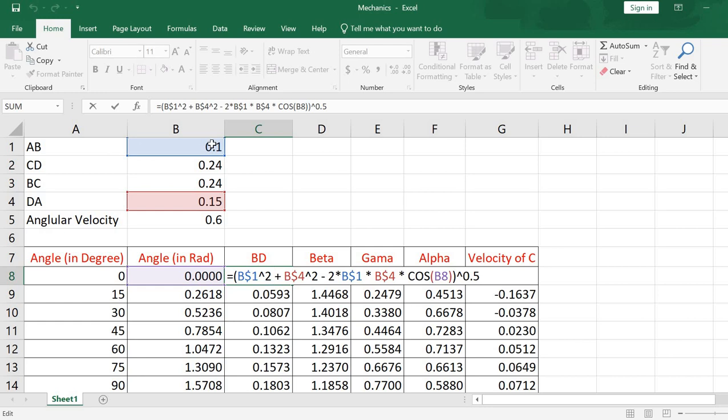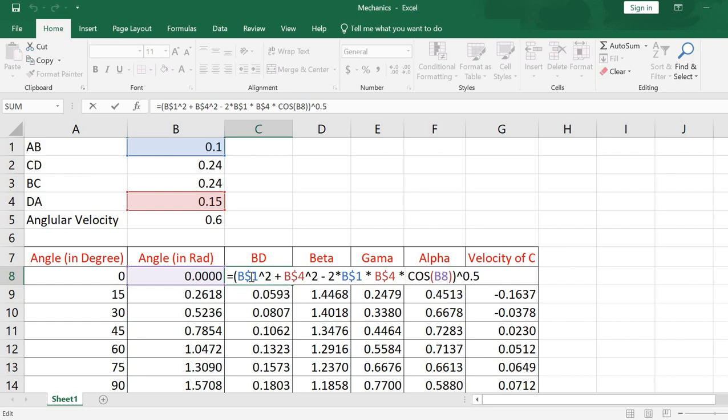So here I'm going to use this AB squared. I have marked it as B1 squared as well as B4 squared, DA squared minus 2AB into BC cos theta. After that, we need to take the root of the whole thing. So this is the simple idea. Here you can see cos theta, it's not a big deal. Because we are going to use this angle in radians, I have already found that. So I am going to directly substitute here over B8.